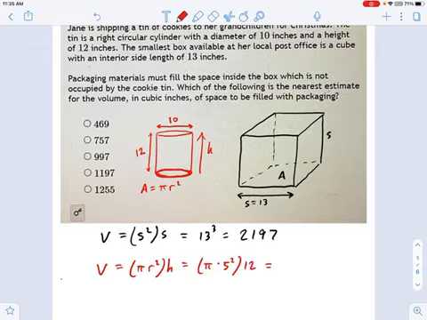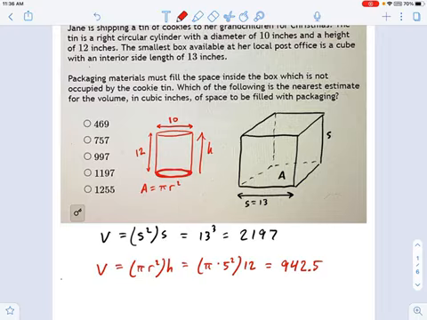Okay, plug that into your calculator. Careful with the parentheses and digits and all those things. And we get 942 point, I'll just say 0.5. Okay, that's a lot of dead space. And kind of surprising because the box didn't seem that much bigger than the cylinder, but it adds up.